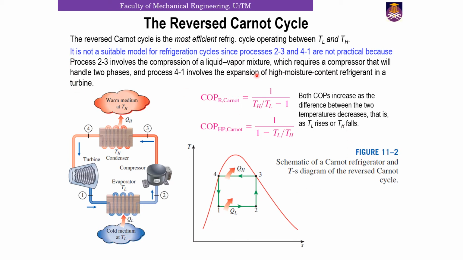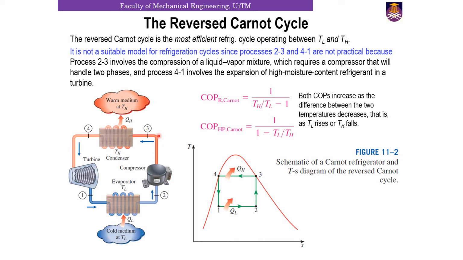Now this reverse Carnot cycle in actual practice is not suitable because your processes 2 to 3 and 4 to 1 occur in the liquid-vapor mixture zone. If you have your compression from point 2 to 3, we have the dome, and under the dome, as you can see, we have a mixture of vapor and liquid. If you deliver this mixture of vapor and liquid into the compressor,